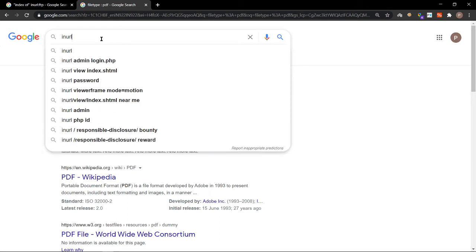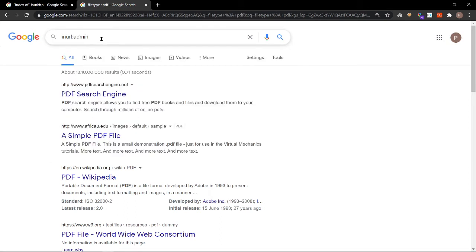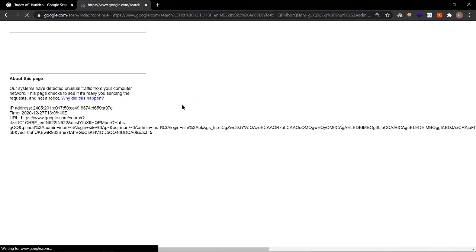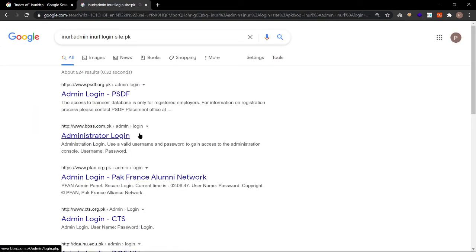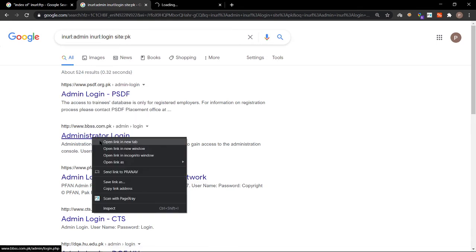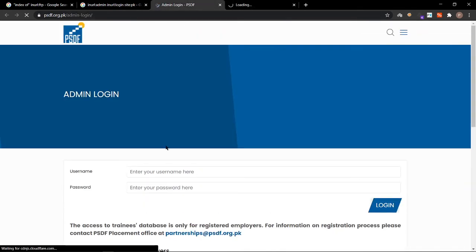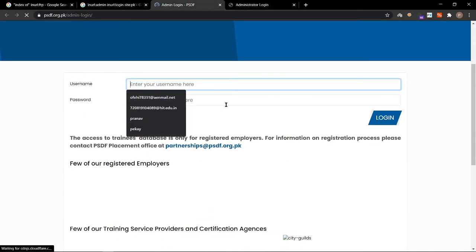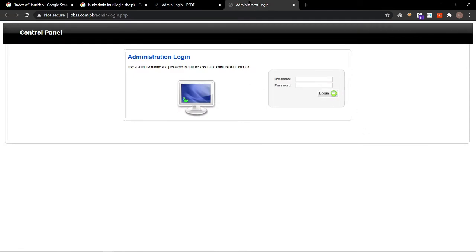inurl admin, inurl login, site PK. PK is Pakistan. Okay, I'm getting a verification. Okay, see all these pages are login pages of Pakistan. You can see, they have a login page here and a login page here.